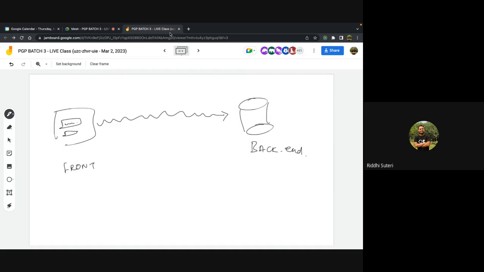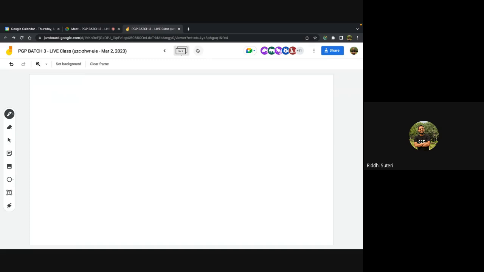Now, let me tell you about one more example. It is that even when your back end is doing a task, right? Let me talk about one other example, which quite a lot of you might have thought of, but I'm sure all of you must have done some shopping on Myntra, Flipkart, and all these other things. Let's take an example of Myntra. So what happens is that whenever you search for shirts, right, a couple of shirts arrive in your homepage or in your mobile application, whatever. So whenever you click on a particular shirt, please notice this,